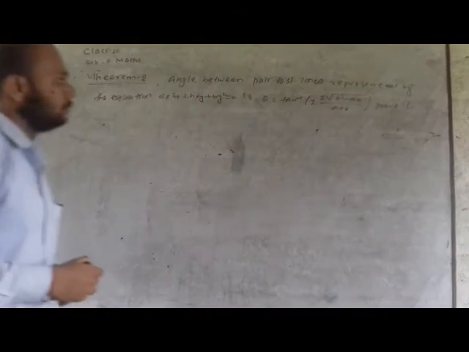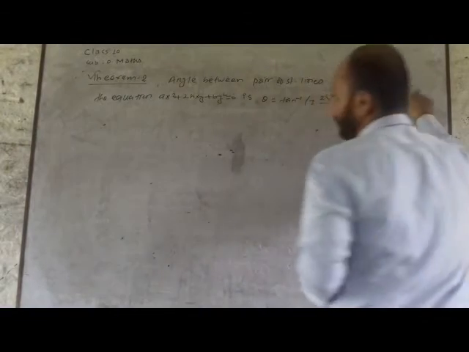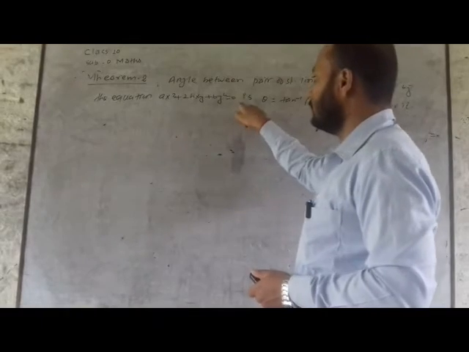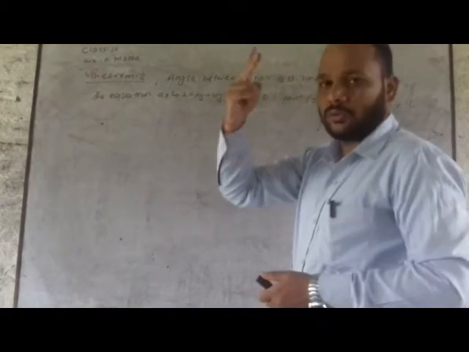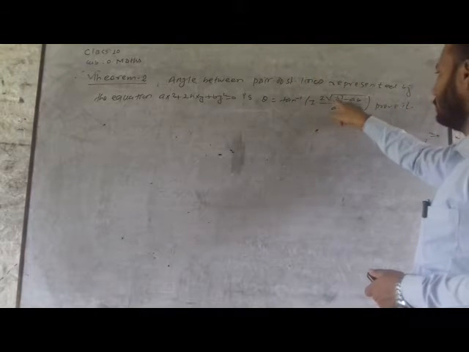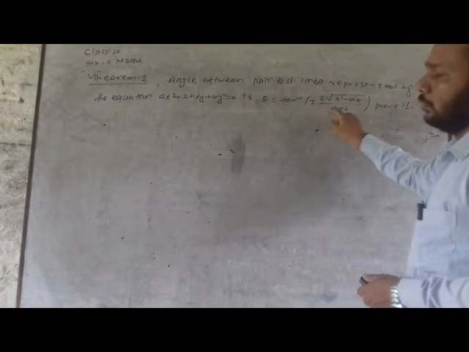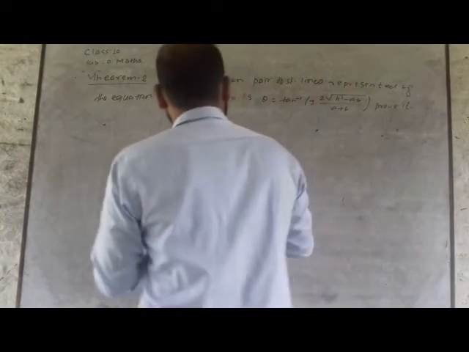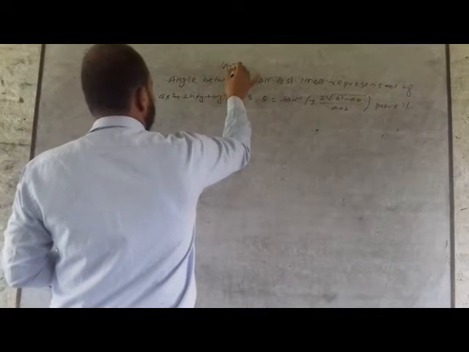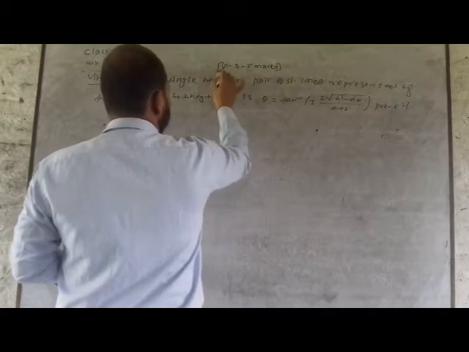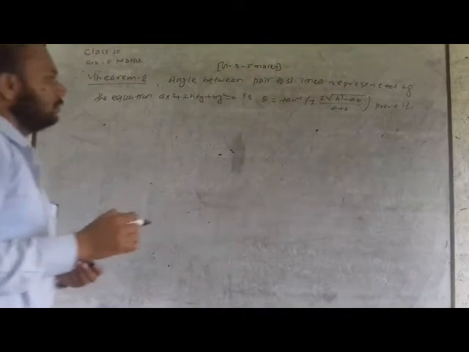This is your theorem. Angle between the pair of straight lines represented by the equation ax square plus 2hxy plus by square is equal to 0. This equation represents two straight lines and the angle between them is theta is equal to tan inverse plus minus 2 root under h square minus ab by a plus b. Now you prove this theorem. This is also very important. These types of questions are asked in group D, if they ask in the examination. Okay. Now I am going to prove.